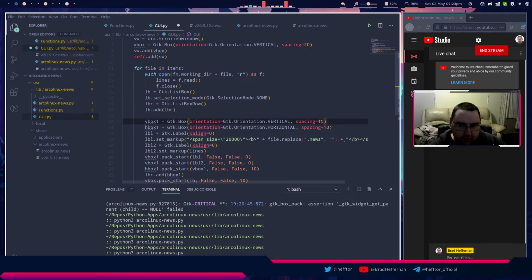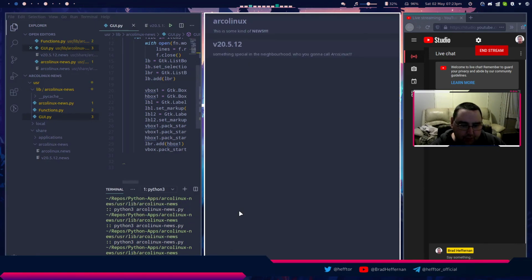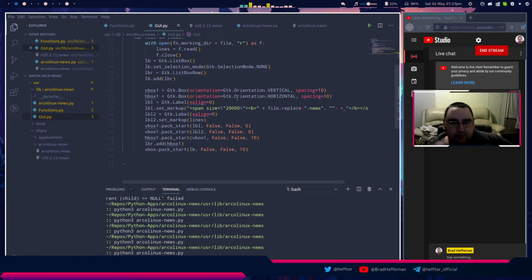No, need that spacing, but we can remove this spacing because we've got the padding down here of 10 pixels, which will give us 20 between the two. There we go. Alright. So that's populating quite nice,